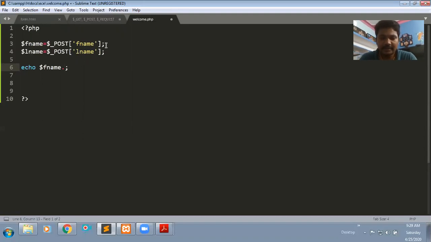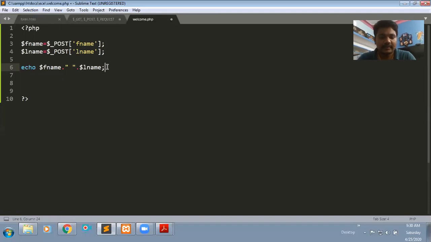Dot is the concatenation operator. Then I give some space and concatenate with the last name. This is the way to print a message in the output, and the way we can concatenate two strings or two variables.